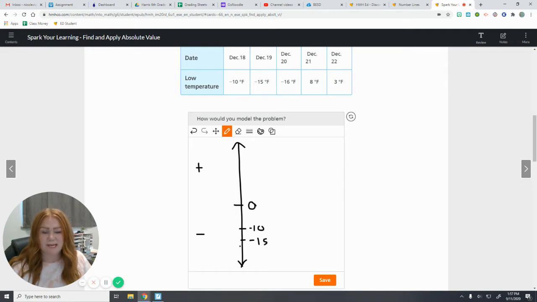So if I keep on going down, I'm going to get to -16 here. And then 8 is going to go up to the top. And then 3 would be 0, 1, 2, 3. Oh man, my mouse is having a really hard time today, you guys. Not an S, an 8. Okay, thanks for being patient with my crazy mouse. Okay, so I have modeled each of these temperatures, and now I need to go back and double check what